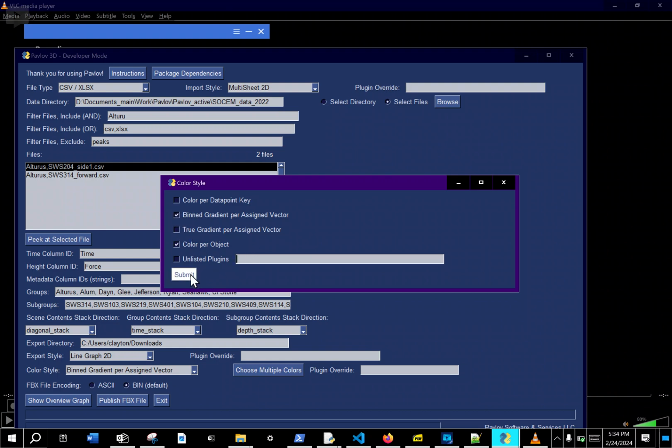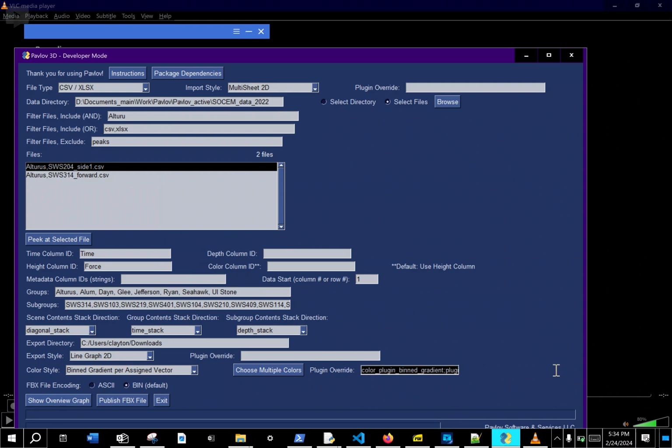So anyway, I can say, submit that, and it'll put it here. If there's anything in this box, it'll check that if it exists, and if it exists, it won't use this one. That's true here in import, that's true here in export style, and it's true here in color style. Export style and import style cannot have multiples, at least at this point, and that is a special use case that I don't think we need to worry about right now. But color, if you want to make multiple colors at the same time, go for it. It's not great